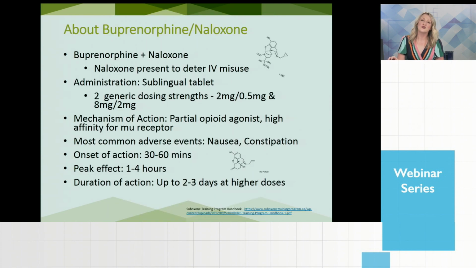So, just a really quick note on what Suboxone is. The reason its name is so long is because it's two medications combined in one. Buprenorphine is a partial opioid agonist with a high affinity for the mu receptor, and naloxone is an opioid antagonist. There are some misconceptions about what that naloxone is doing there. I've heard all kinds of things from both the medical community and patients, but really naloxone is present to deter IV misuse. If patients crush and inject the medication, then theoretically the naloxone is the component that works and they go into opioid withdrawal.